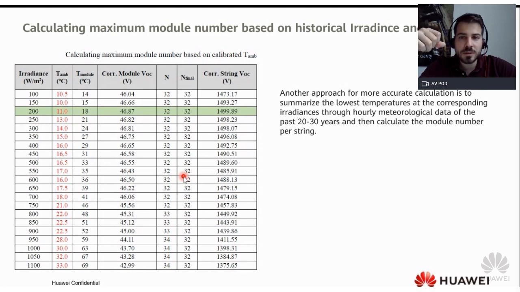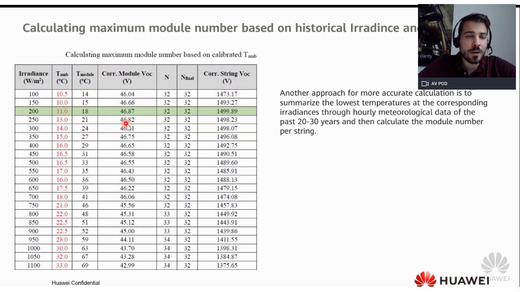You can export the hourly meteorological data from PV Syst, even for the past 20 or 30 years. And you can also apply the same calculation method that I just introduced 2 slides before, based on the different ambient temperatures and the correlated irradiance, you can calculate what will be in those cases the